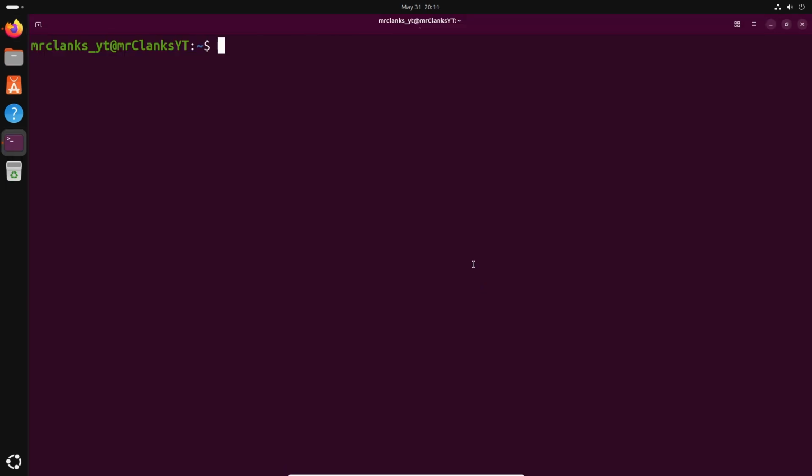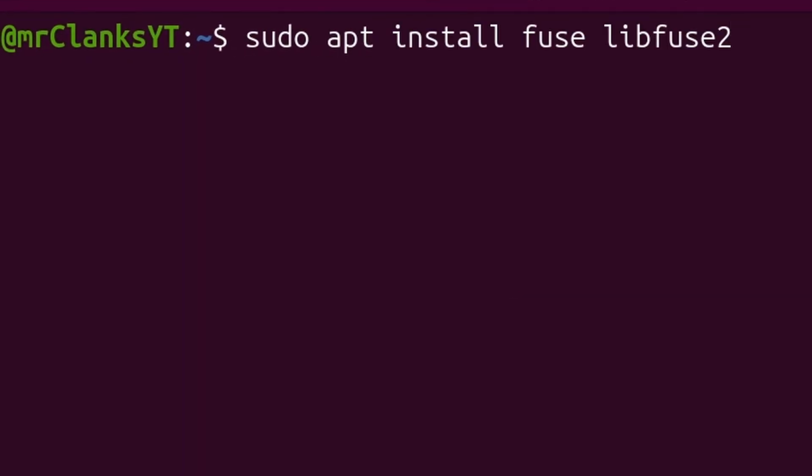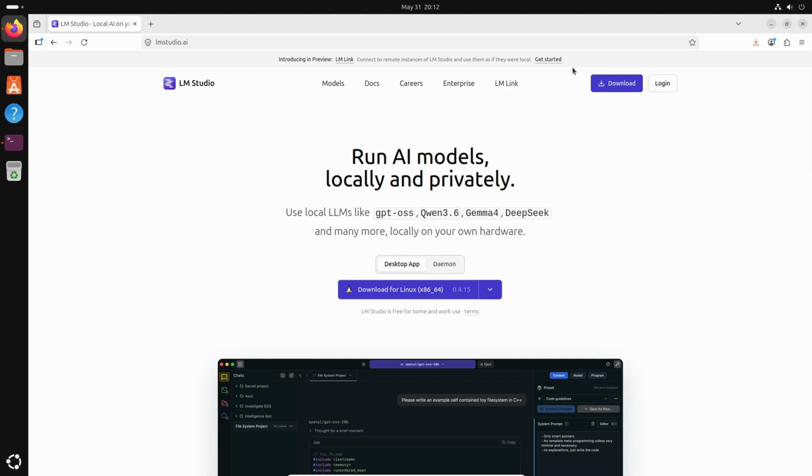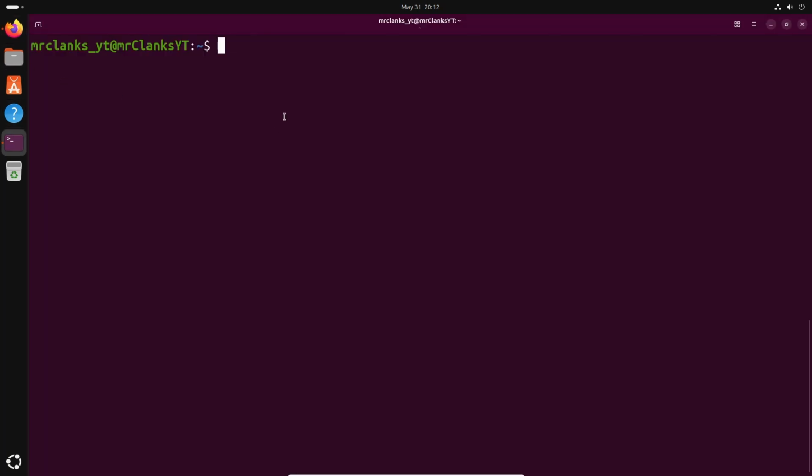A prerequisite for using any AppImage executable on Linux is Fuse and the libfuse2 developer libraries. You can install them by running this command. After you have successfully installed Fuse and libfuse and downloaded your LM Studio AppImage executable, switch to the Downloads folder from